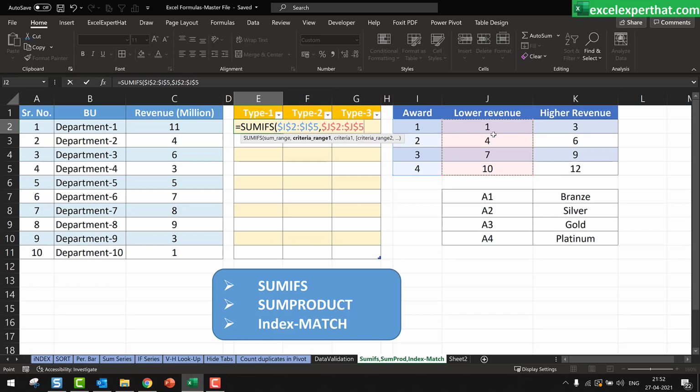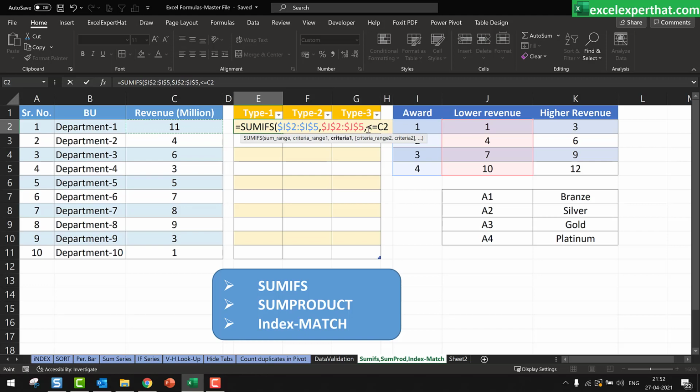This lowest revenue has to be compared with something. So that something is your revenue, the department revenue. But due to the lower revenue, while comparing, I should put some notations here. Because it is lower revenue, it has to be less than or equal to my department revenue.